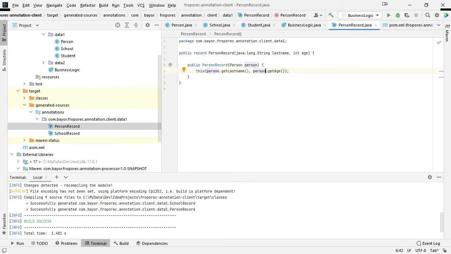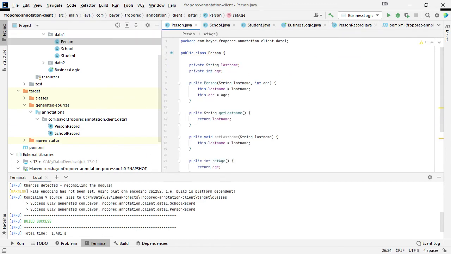But then if we take a look at person record, you will see indeed it's a record according to the Java syntax. And here the list of the attributes for that record are exactly the same as the ones in the POJO, which are there, as you can see.